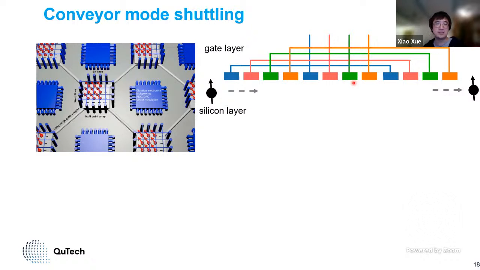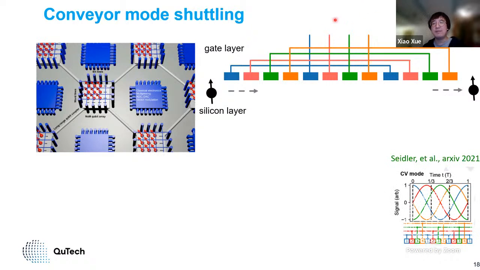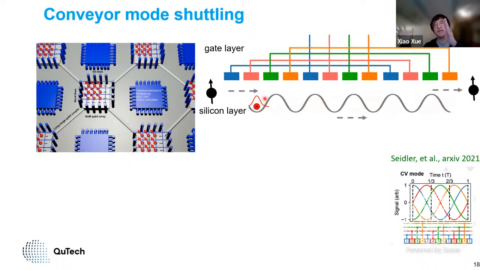So I only need 4 gates, and only 4 input channels, and I can apply sinusoidal curves to the 4 different gates, which produces a moving sinusoidal confinement potential, and this is the so-called conveyor mode. So you see, we actually need 4 gates, right? But actually, that's not right, because we need only 1 gate. We can just multiplex them again and add phase shifters. So you need 1 control signal channel to shuttle the electron across